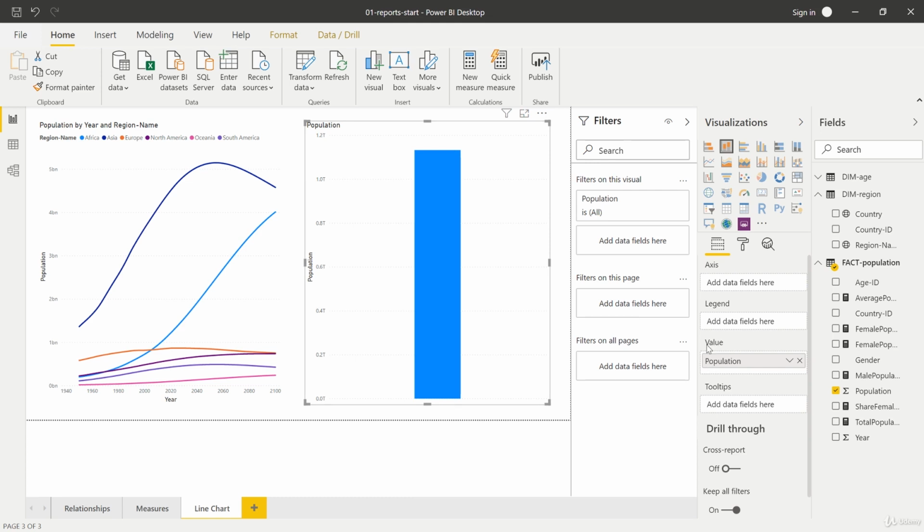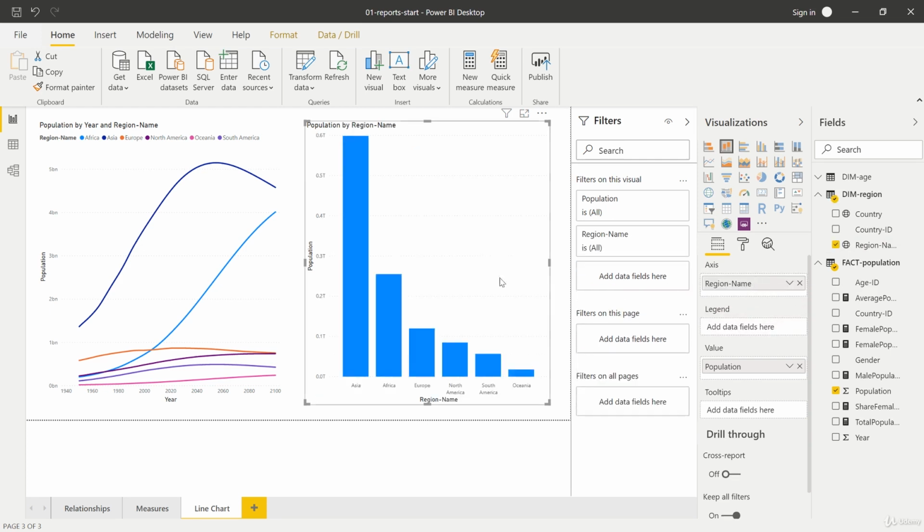What we need though is we need the data for different regions. Therefore, I'll again use our region names, but now I don't want to use it as the legend, but as the axis value. So let's drag and drop it right here. And with that, we have a new chart right here, which shows us the cumulative population count for all our years for different regions. With that, we created our first two visuals here, and we saw how axis, legend, and value are interacting with our data. There is one thing missing though, and this is our tooltips area. Let's have a closer look at this as a next step.